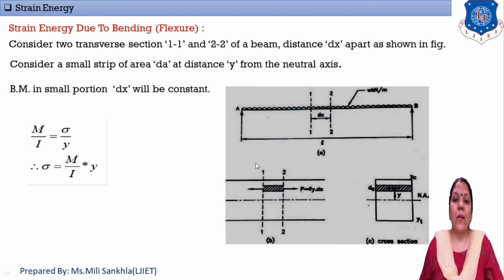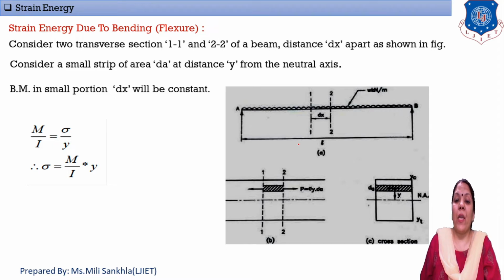Okay, first derivation is our strain energy due to bending, or we can say flexure. For that, I take three figures. In the first figure, a simply supported beam subjected to UDL load on the entire span. Second figure, cut the strip. Here I take two transverse sections, and the third figure is the cross section of the beam. Now one by one I explain these figures and derive the strain energy